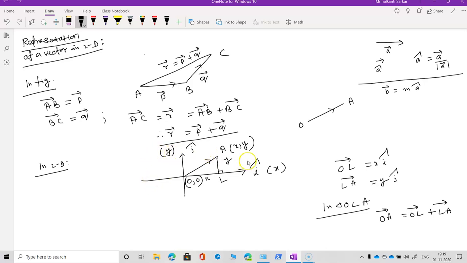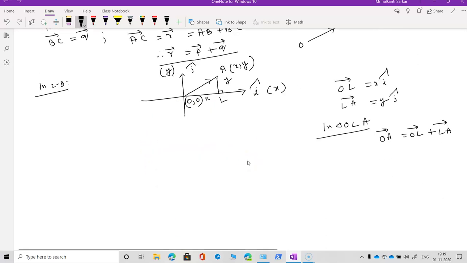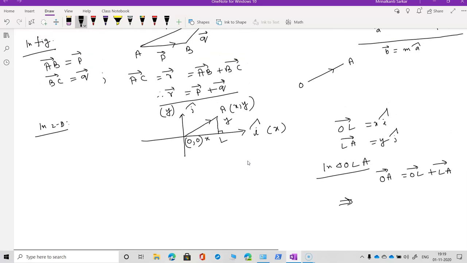Okay, so this implies if the vector you have taken before be R or OA, whatever, this R vector is going to be x into i cap plus y into j cap, because OA equals OL plus LA. OL is x into i cap, LA is y into j cap. So any vector in 2D